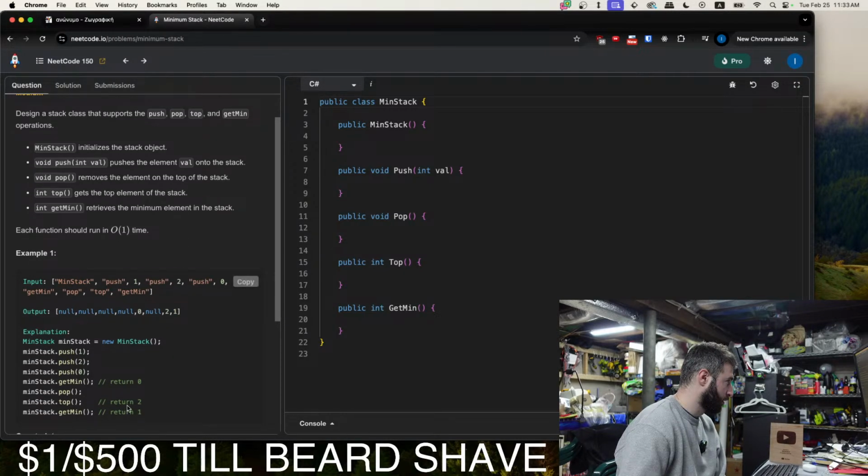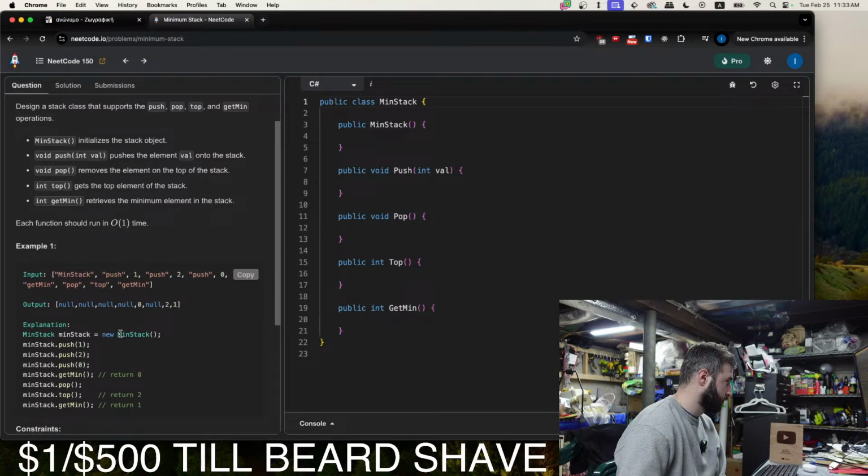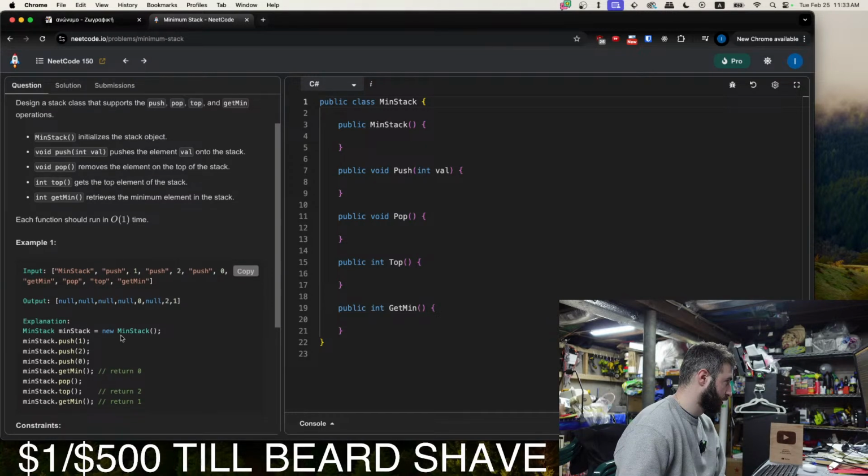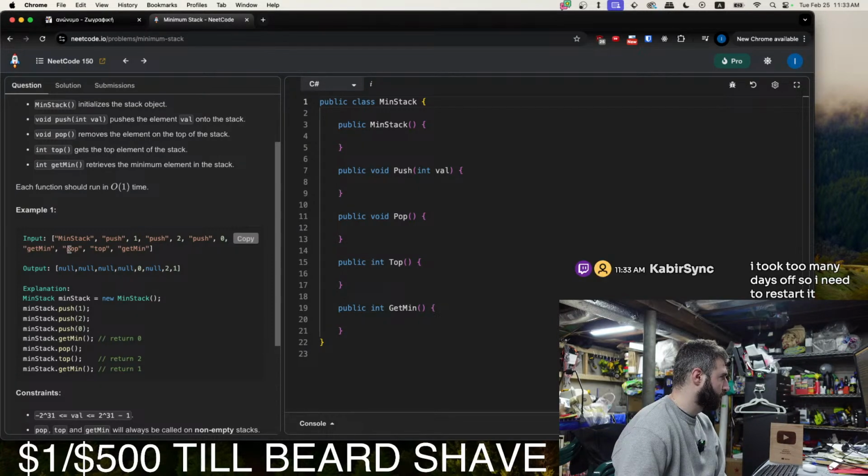Return 1. Oh, by minimum element, I think they mean the bottom element, because 1. Oh wait, they getMin last, so they pop.